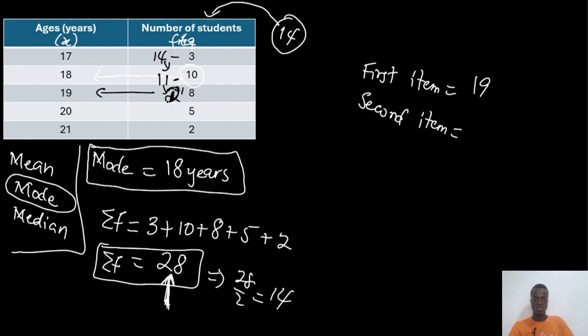So we have 2. So 2 minus 8, still we are going to stay in this table because 2 is not more than the 8 that we are subtracting from. You see that in each case, you do 14 minus 3 to get 11, 11 minus 10, you get 1. So with the 1, we have entered this level. And with that level, you see that 1 minus 8, 1 is less, meaning that our value, what we are carrying from the top to the down, will tend to 0 in this particular session. So the item that is associated with that frequency is 19. Now, because it's an even number we started with as a total sum of frequency,